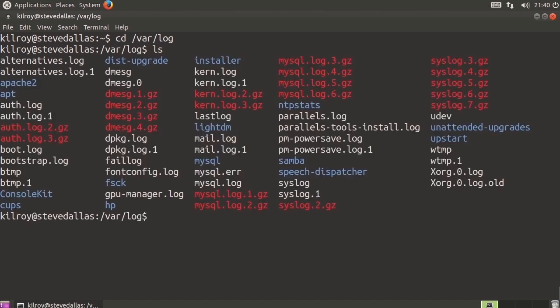There is a log rotator that typically runs on Linux systems that will rotate the logs out, meaning it's going to store old ones and then create new log files. That's why you'll see some of these log files have been gzipped, which you'll see here. So we'll talk about log rotation a little bit later on, but right now let's just talk about how to